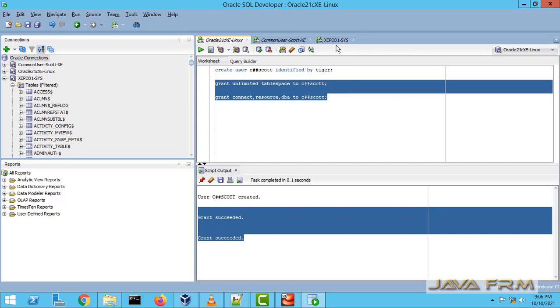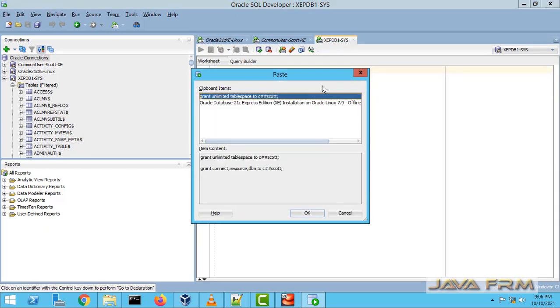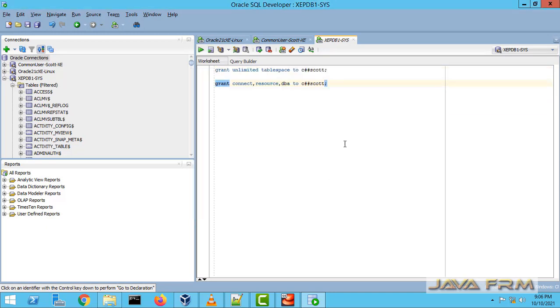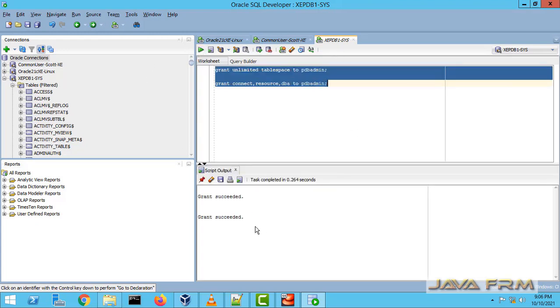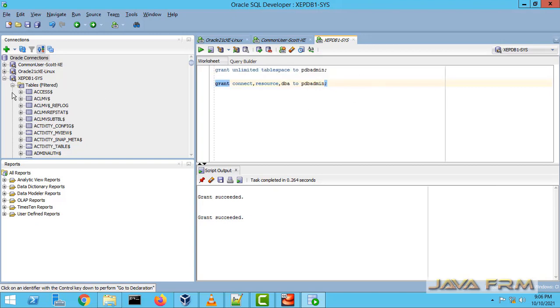The pdbadmin user is available by default, but I am going to grant some privileges so that you can create tables inside the pluggable database. Same syntax only. Grant unlimited tablespace to pdbadmin and grant connect, resource, DBA to pdbadmin. Execute this query. Yes, grant succeeded.